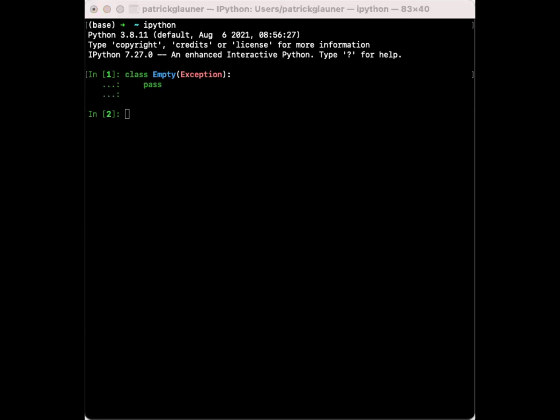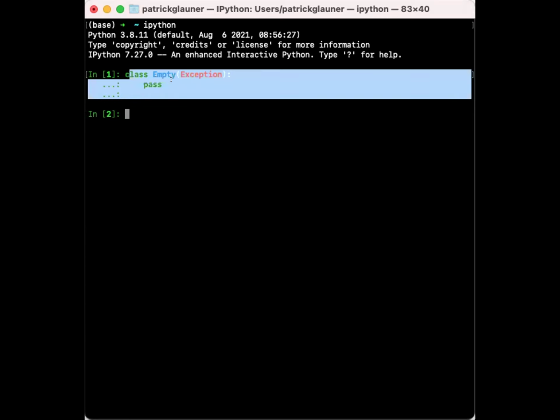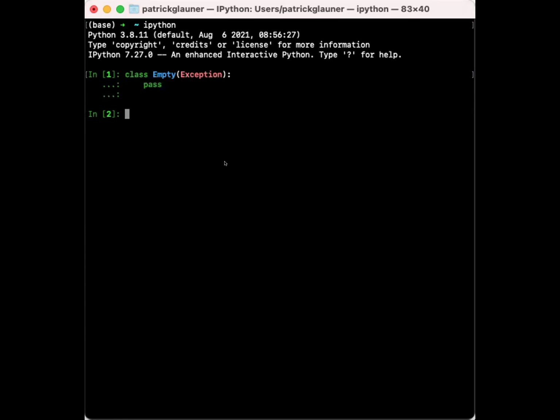But when I raise an empty exception later, you can just add this in your own implementation, so you have the empty class. Now we will implement our myQueue, and myQueue has again an initializer, and the initializer will now